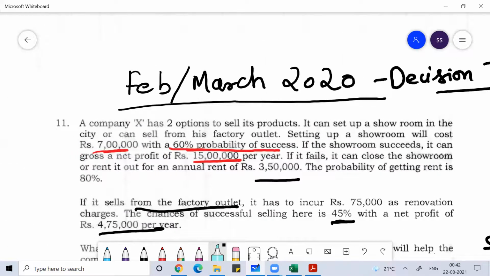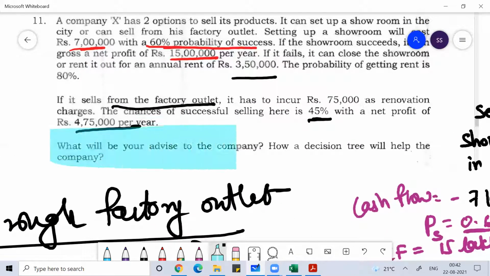So ultimately, you need to tell the company what will be your advice. The company should set up a showroom in the city. How will the decision tree help the company? It will give a roadmap to the company to forecast the likely projections of cash inflows and outflows, and overall the likeliness of the project that the company can analyze